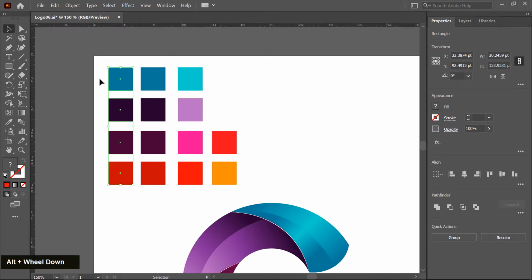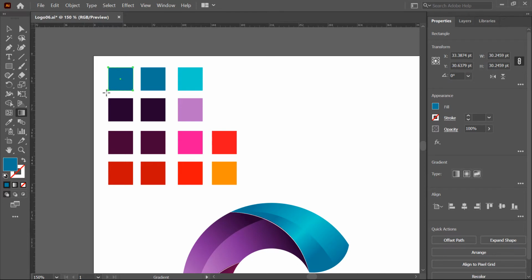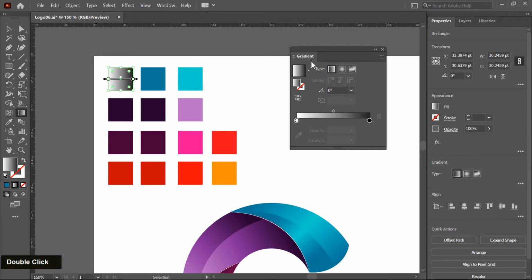Okay, and select this first color swatch and apply gradient on this. So the default gradient is applied on this color swatch. Now double click on the gradient tool. So the gradient panel is displayed here. Click on the first bucket and choose the eyedropper tool and pick this first color. So this color is placed here, and same as create a bucket in the center.